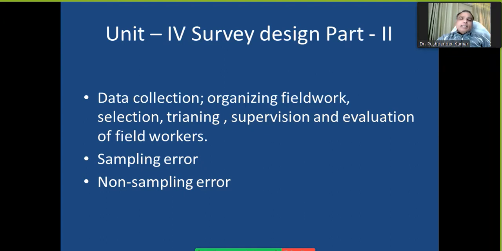So we need to organize this field work, and generally what happens is, in advance through a telephonic call or maybe through email, we take consent from a person that our representative, he or she, will visit you to collect information from you, and we will have a questionnaire. So these kinds of questions we will be asking, so please give us a reply. If they reply that yes, we don't have any objection and you can come to us and we can give you the response as per your questionnaire.